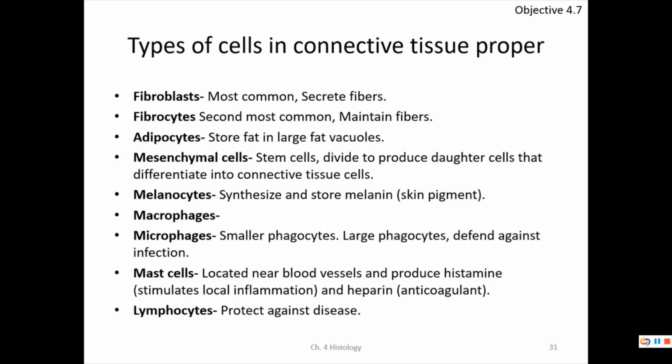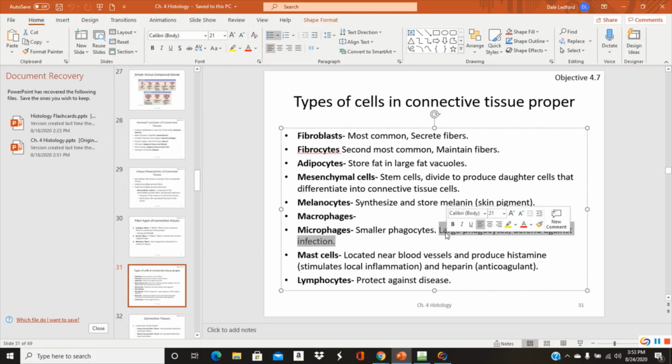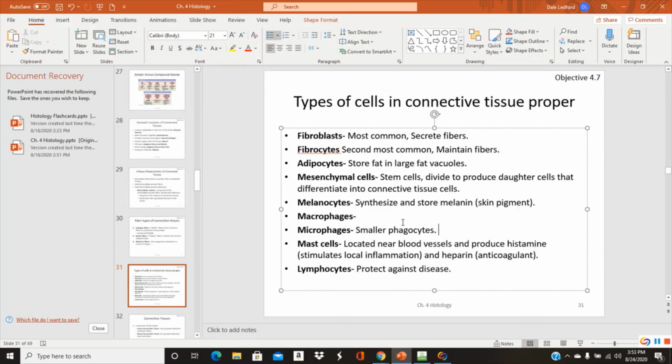Now, I don't know why macrophages aren't showing up here. This is where this was supposed to be, guys. And what I'm going to do is cut this and put that back up. I don't know what happened here. If it's the same way for you, I'm going to save it and repost it so you can have this